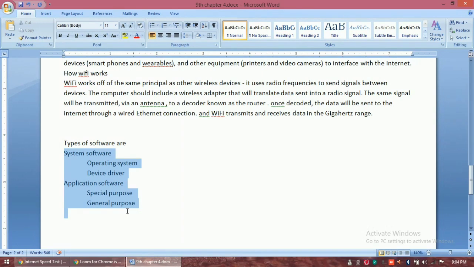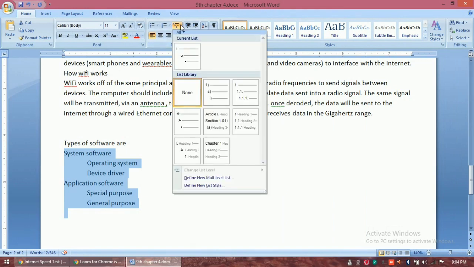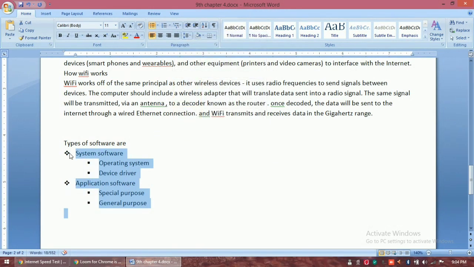Then I have to select the entire text, and from Paragraph group in Home tab, I will select on multi-level list, drop down arrow, and then I can select different type of lists available for our document. For example, I want this type of document. You can see it is created as multi-level list in our document.